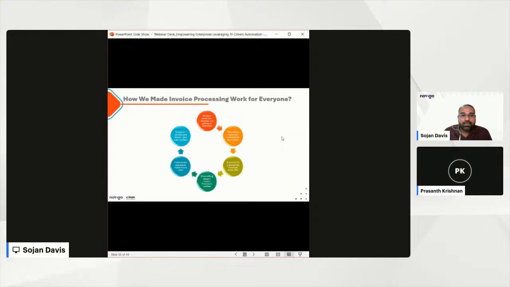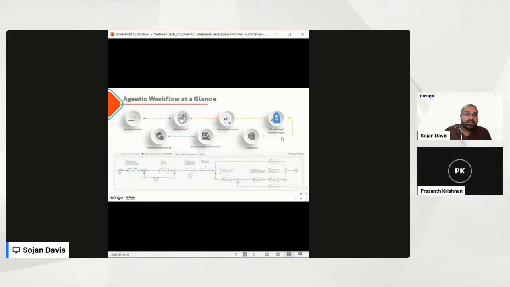So let's move on to the next slide, where we see how we have made a workflow with the tool set and the agent. The agent requires some tools. It could be internal tools or external, or even the agents can be from UiPath, or they could be external also. In this agentic workflow, we can see at the start it's email monitoring, where we have some kind of API or integration service built.